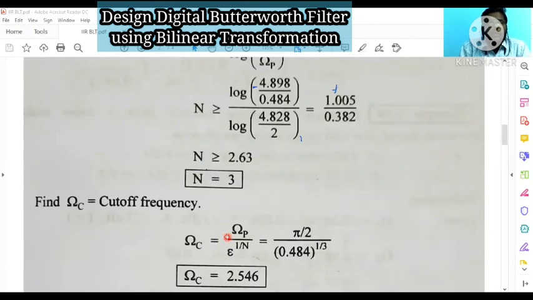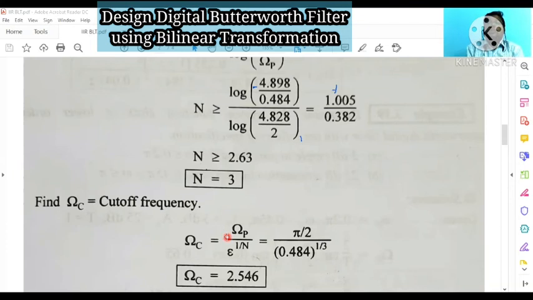Right. Now, before finding the cutoff, that is H of s, the system transfer function. For N equal to 3, I will post a table also for the order of the filter N equal to 1 to N equal to 7, with the corresponding H of s values. Okay, if you have any doubt, go through that video and then come back to this video, right? But you should always remember all the 7 values. For N equal to 1, what is the corresponding H of s? N equal to 2, corresponding H of s, N equal to 3, then only it will be easiest for you.